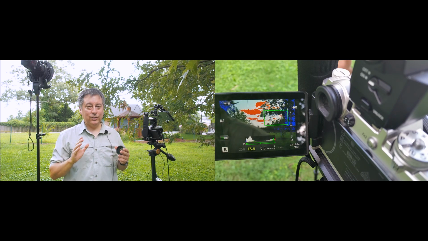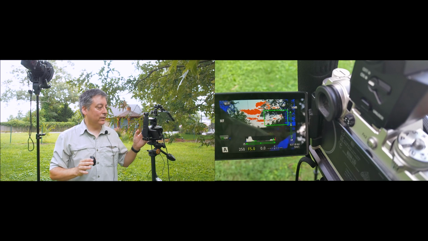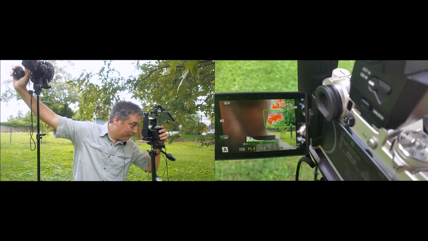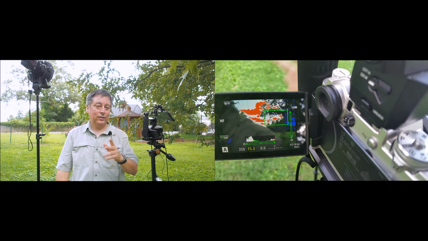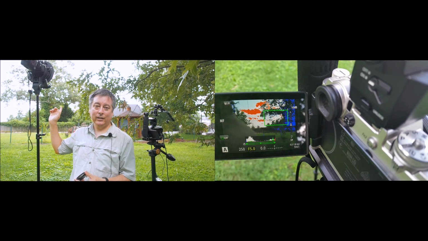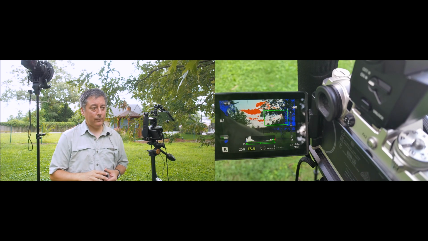But just try to imagine that I'm hand holding this camera like this, and then hand holding the flash this way and taking a picture. So I'm going to stand over here behind me and take a picture of myself in a portrait mode,